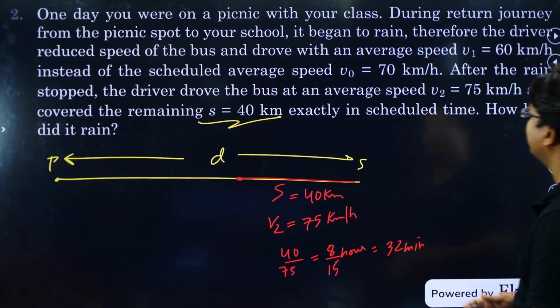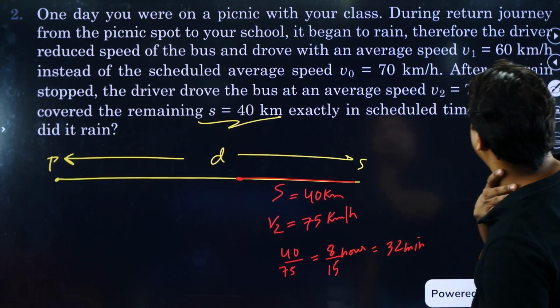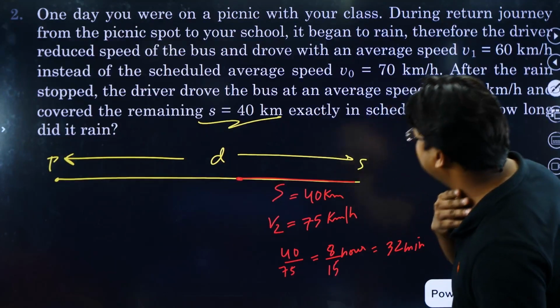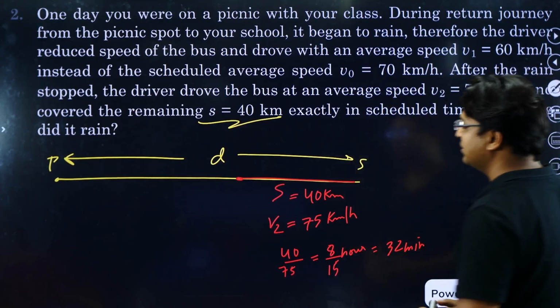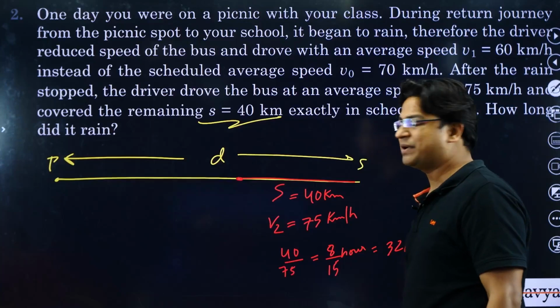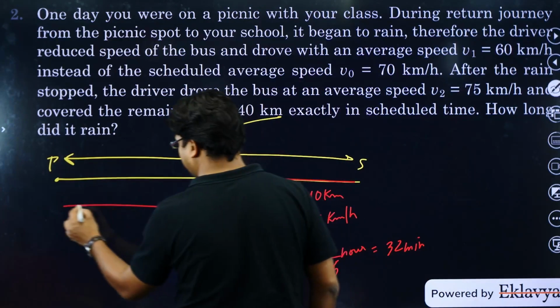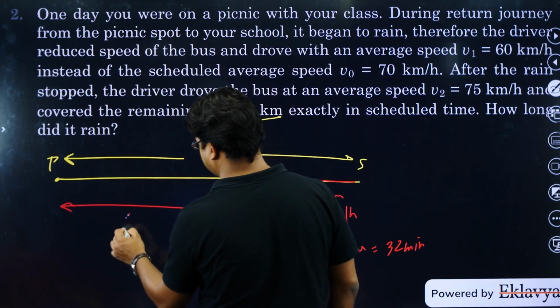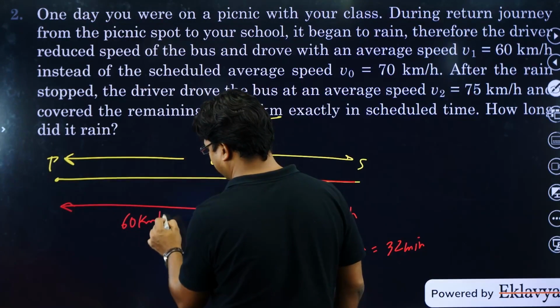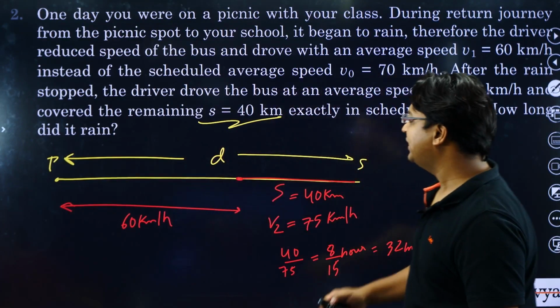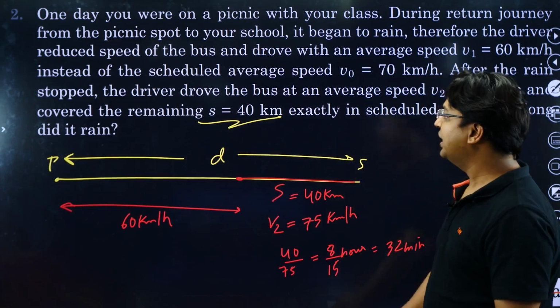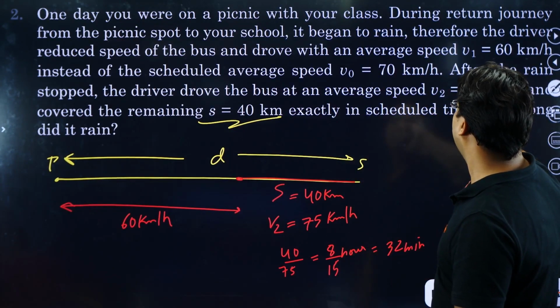Okay, I hope I'm doing everything okay. Now guys, this much part we have done. Now this distance was covered with a speed of 60 km/h. Okay. Now guys, if the entire distance would have been covered at the speed of